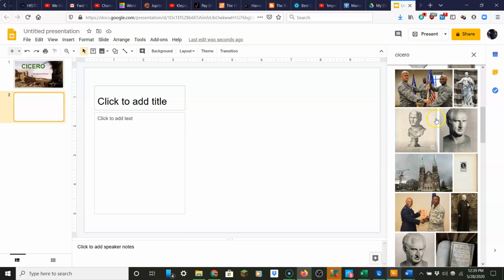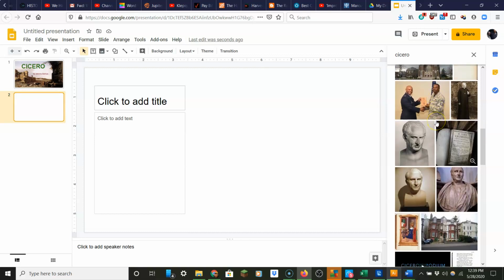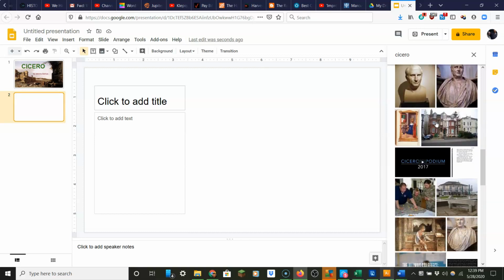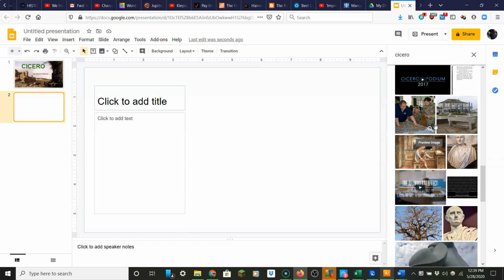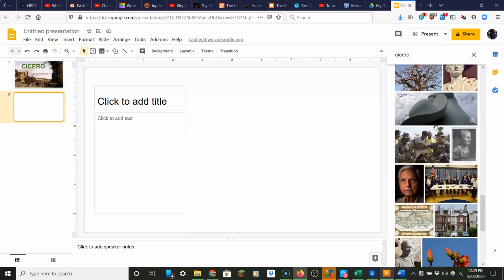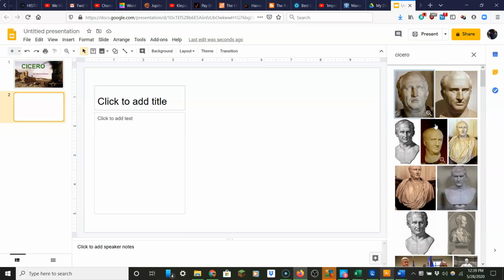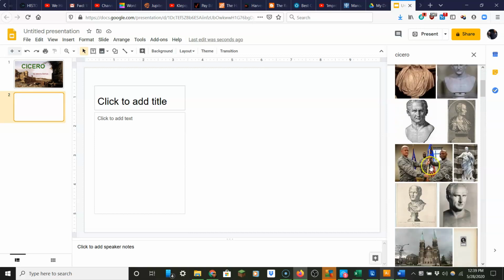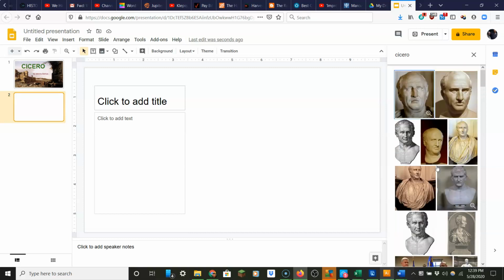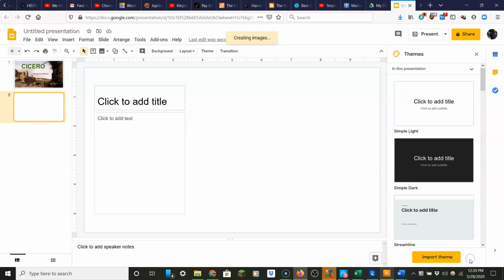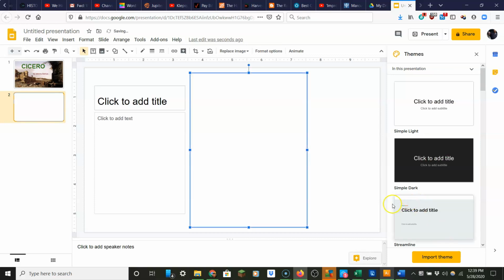Try to make sure that the images you include actually do represent the person or the thing that you're dealing with, and don't just happen to be something that Google thinks of, because Google will sometimes throw you images like this where clearly these American soldiers don't have a lot to do with ancient Roman Cicero, right? So just use good judgment. Say, let's choose this one, and we'll insert that. You can choose more than one if you want,